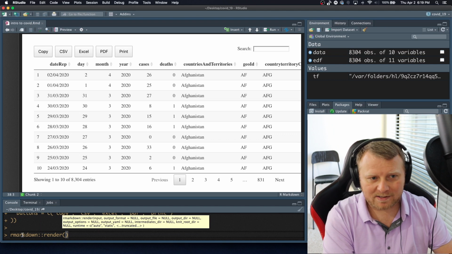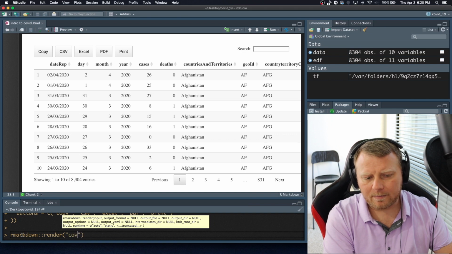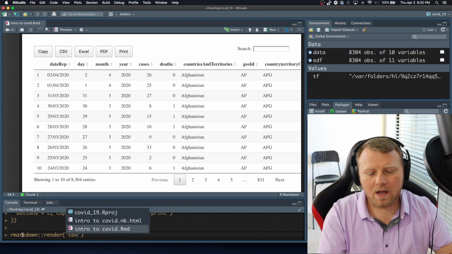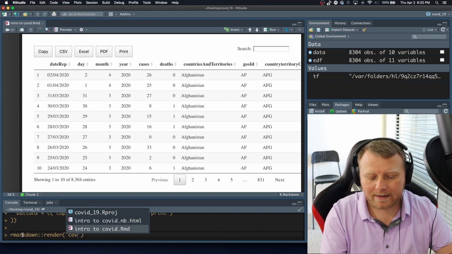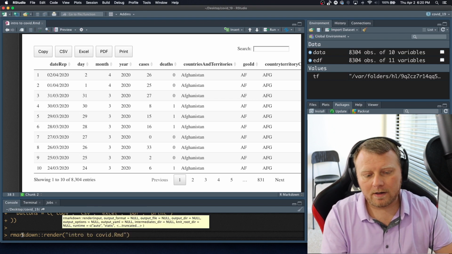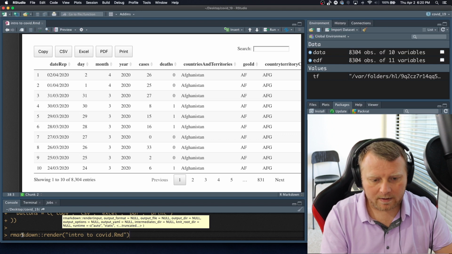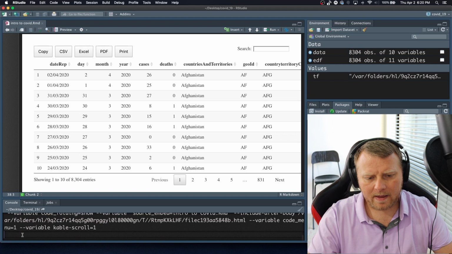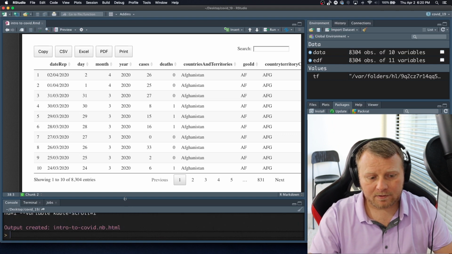Thankfully for the knitr package, but you don't have to worry about that unless you don't have the knitr package. And we just called it COVID. If you put it in parentheses and you start typing in COVID and hit tab, you can have a little drop down to help you out. We want the RMD file, the R Markdown file. So intro to COVID in quotes .Rmd, and then hit enter. You'll see it's going to churn and do some things, and while it's doing that, it's creating the HTML file